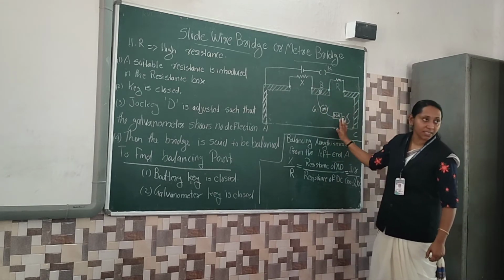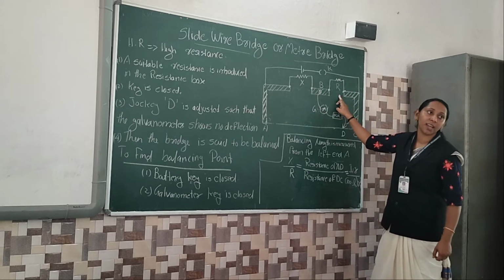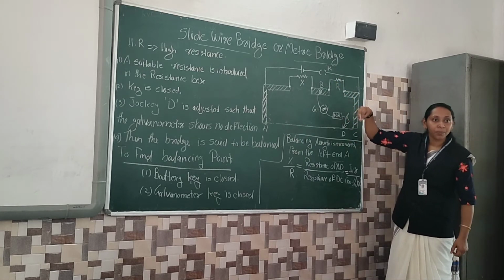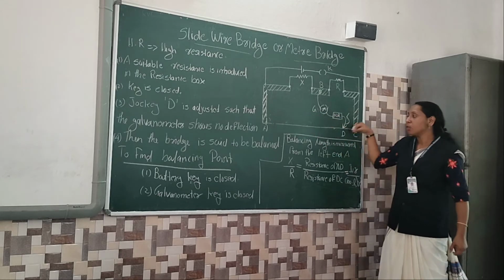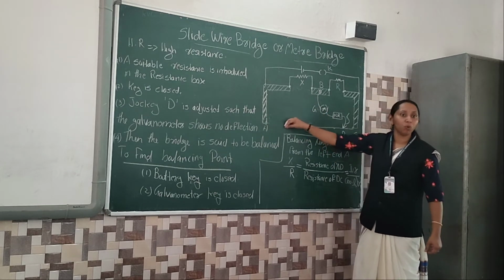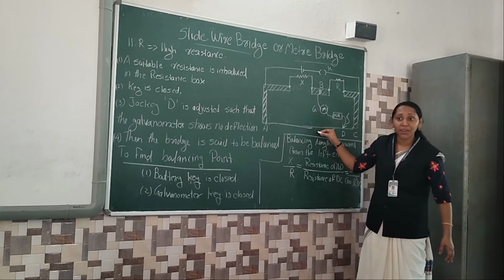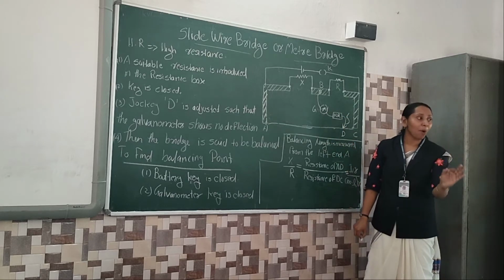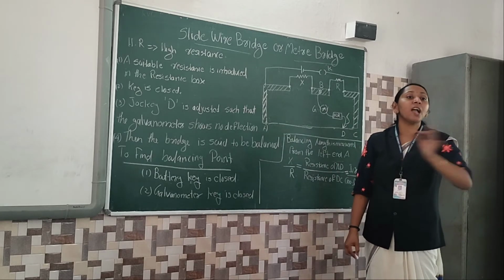We should arrange it first and we should put a known resistance X here, and a known resistance here. Switch on the key and this jockey is in our hands. Clear everyone? Then we should move this jockey along this wire AC like that. Maybe I will start from A and check the deflection, there is deflection. After some time I move again and see, there is deflection. So at any one point, only one point, you should get no deflection in the galvanometer. That point is called the balancing point. At that particular position our meter bridge is balanced.